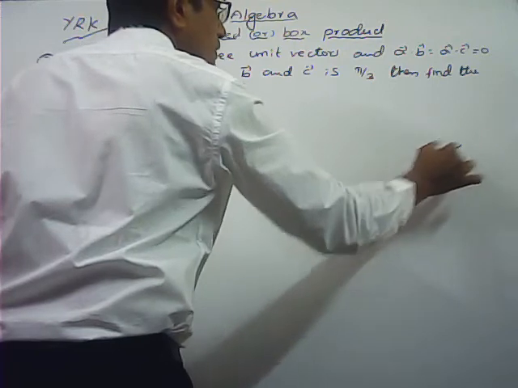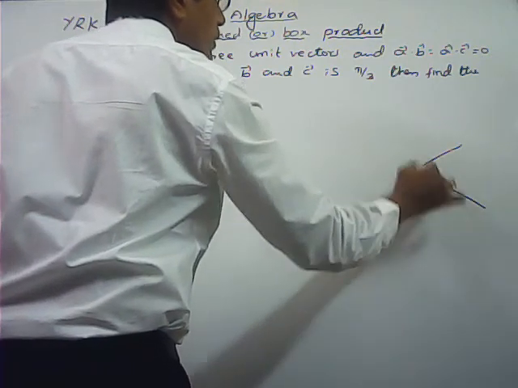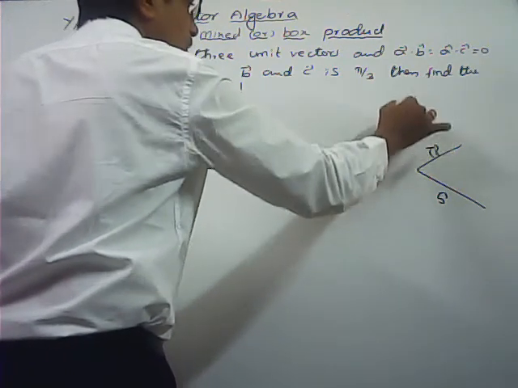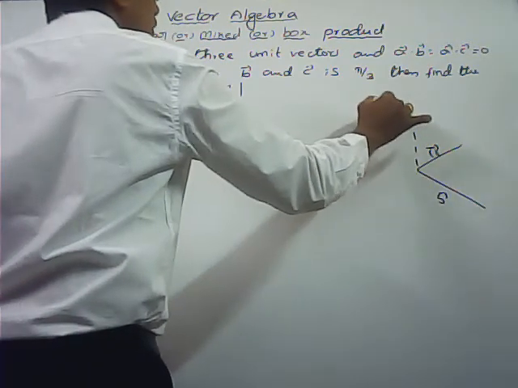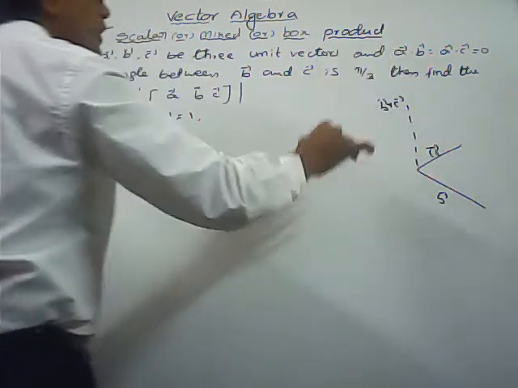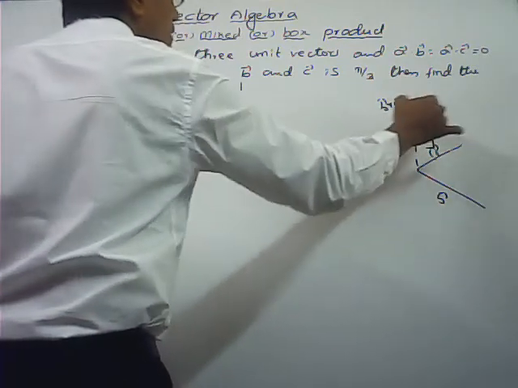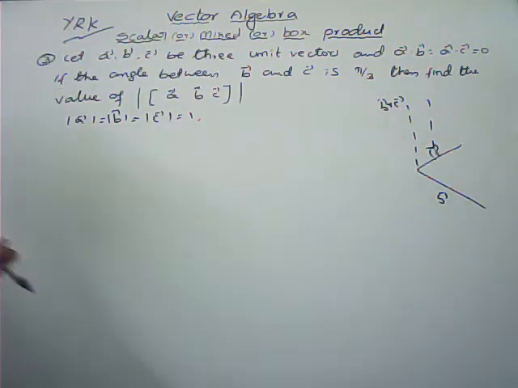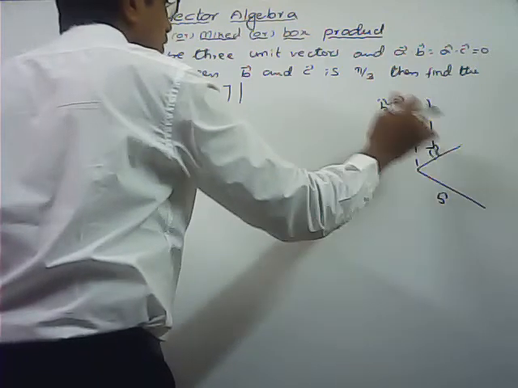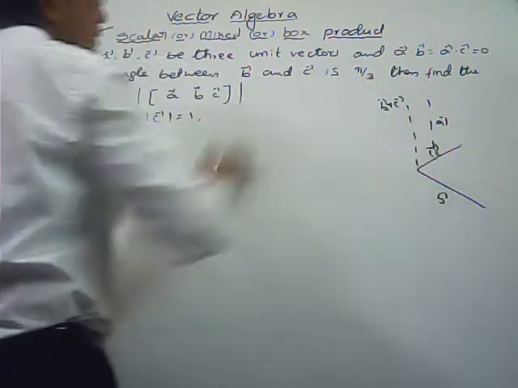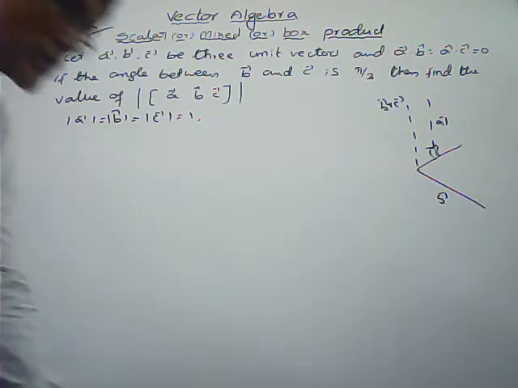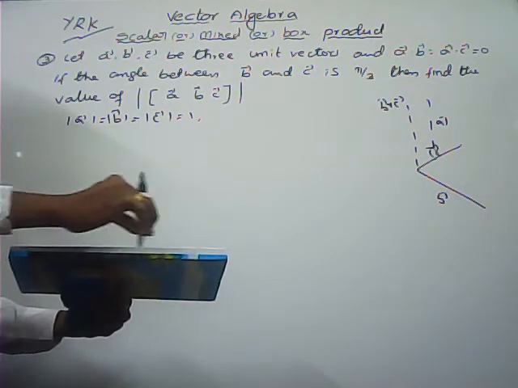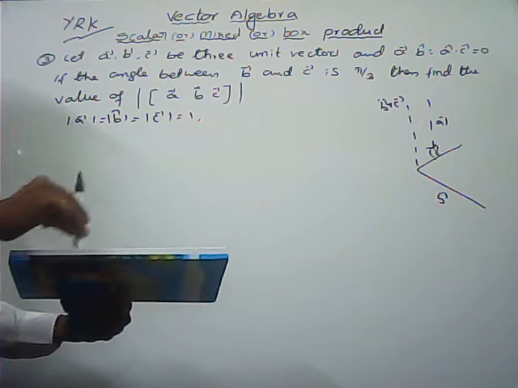See here, this is the plane containing B bar, C bar. Two vectors are there. So here, what is the vector perpendicular to both B bar and C bar? That is B bar cross C bar only. So many parallel vectors are there, parallel to B bar cross C bar, so many infinite are there. Everything that is perpendicular to B bar cross C bar only. Here A bar is perpendicular to the plane containing B bar comma C bar. For example, if I take this one, this is one of the planes. Here we can arrange so many, all these vectors are perpendicular to the plane only.